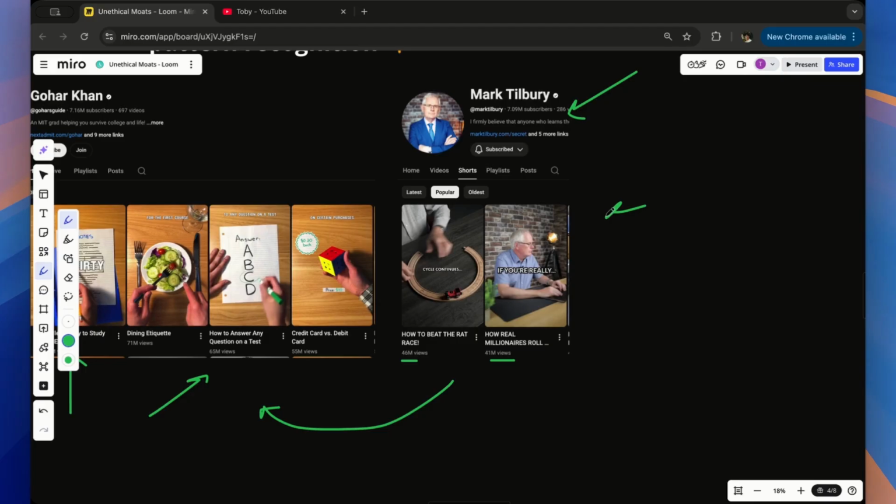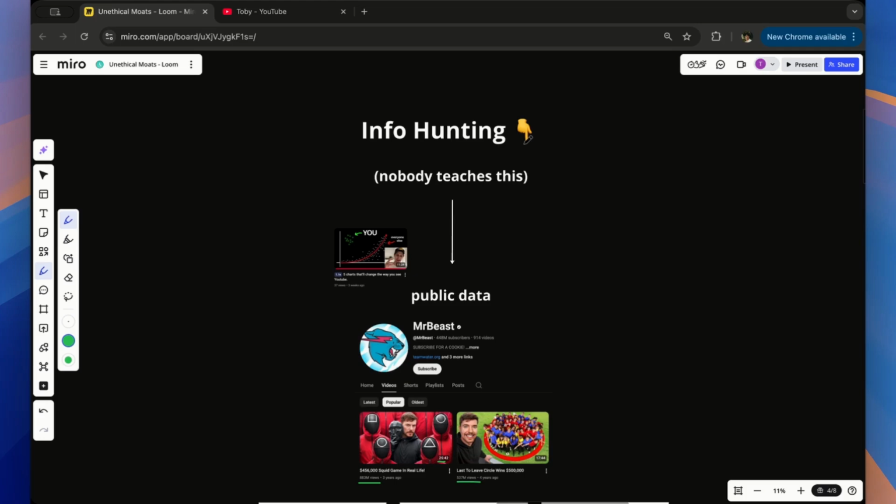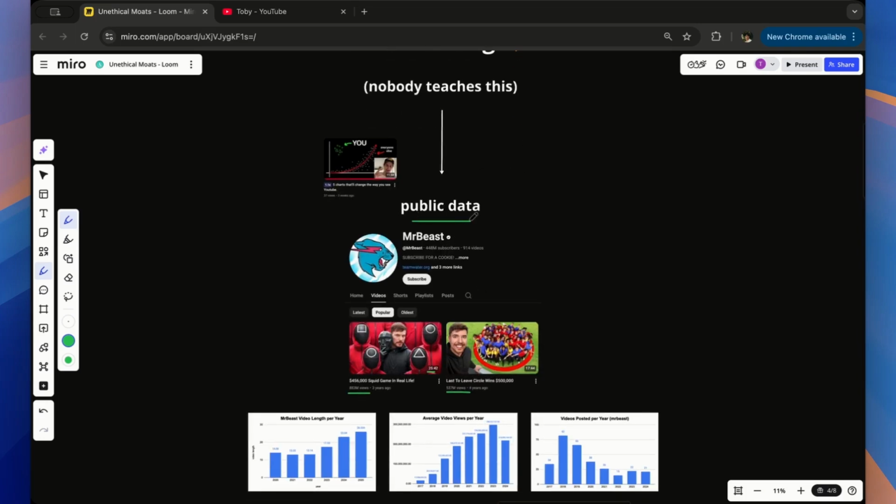So we can do this in the finance space and explode, or we can extrapolate this style and bring it into another space that's never been done before. What about YouTube strategy? What if you did it there? Or what about storytelling? Or what about selling? There's different niches. You can take these core principles and you can bring it into another niche and have completely unique content. Now, another method you can use to create a really strong moat is using public data.